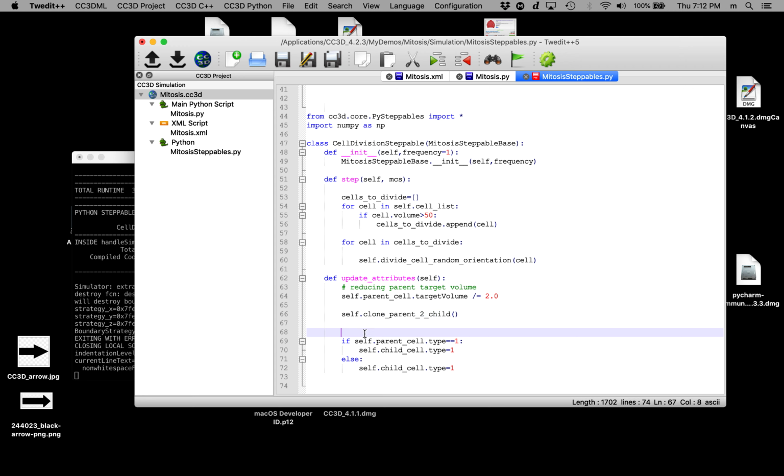And finally, in those if-else statements, we can do some simple type differentiation. So for example, if parent is of cell type 1, we can change the child cell to be of cell type 2. Or we can type self non-condensing. Okay? We can replace this statement with self